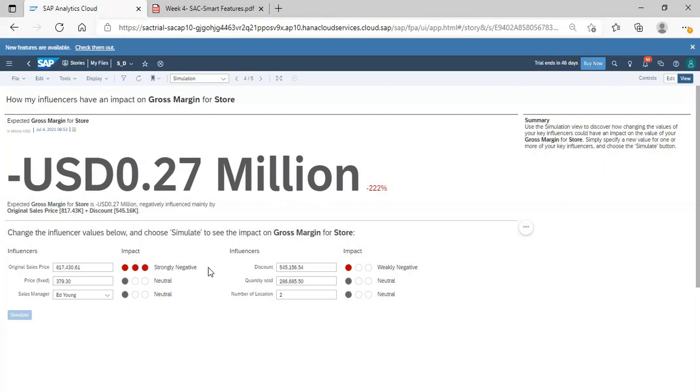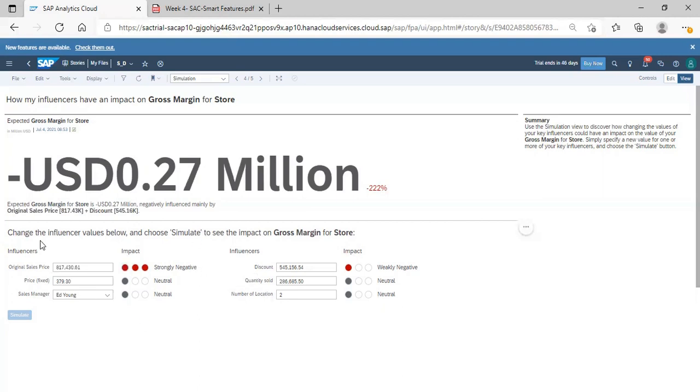So this is how the impact is calculated, and the business will change their simulation on the basis of influencers' values, and then start taking their decisions in the smart discoveries, and they can accordingly change that particular value.